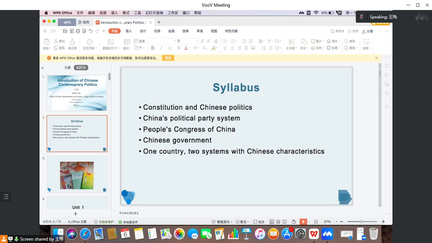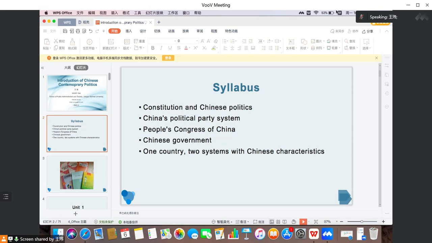Diplomatic power, though, since it is just a region of China,